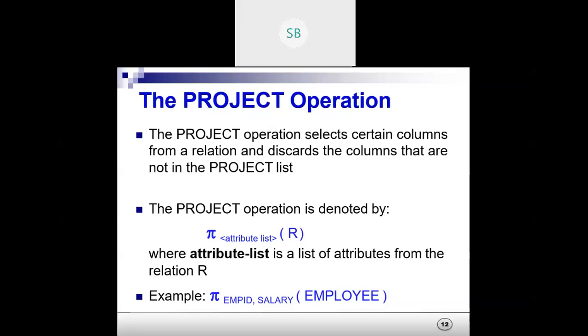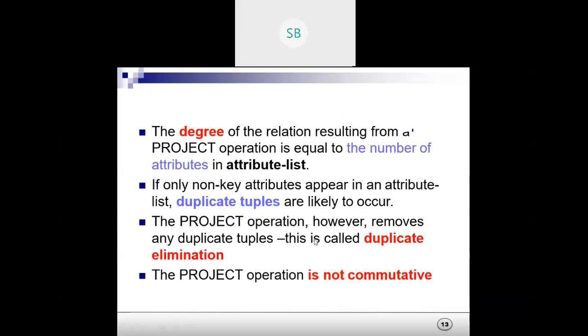If you want to write this in SQL, you will write it as select employee ID, salary from employee table. You mention the attributes. Don't get confused, the project here corresponds to the select operation in SQL.